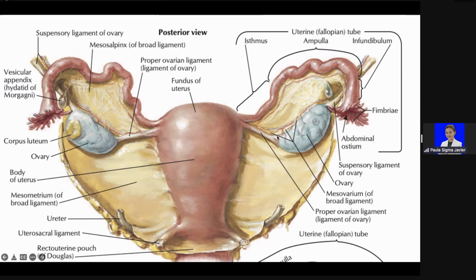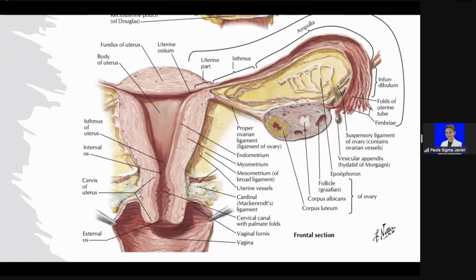And then we have the round ligament of the ovary here, which attaches the ovary to the lateral wall of your uterus. So the suspensory ligament of the ovary, which contains your ovarian vessels. What else? Here, the mesometrium. Once the anterior leaf is removed, it will actually reveal the epoophoron. Here somewhere is the paroophoron, but we can't see it here.